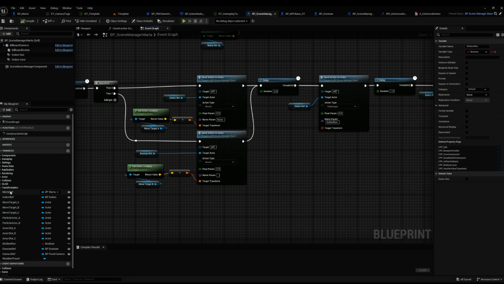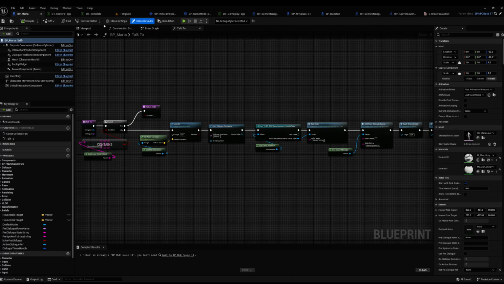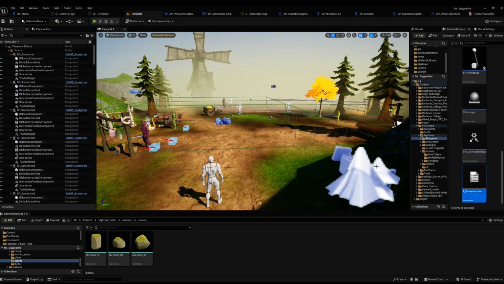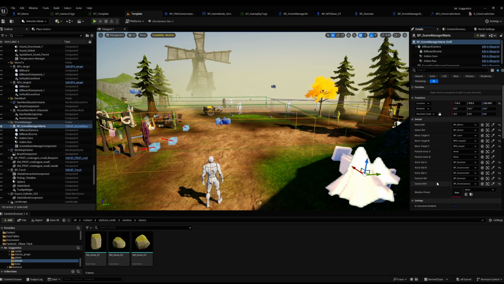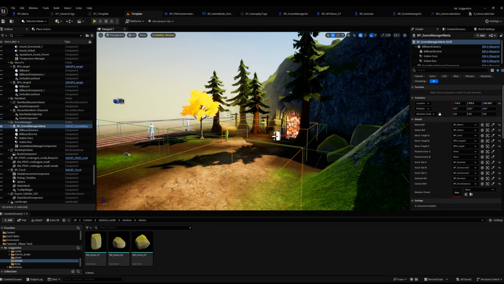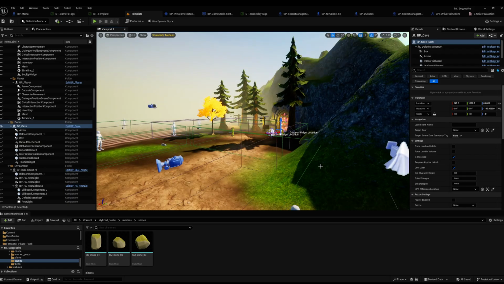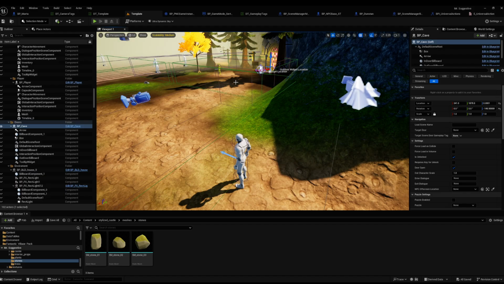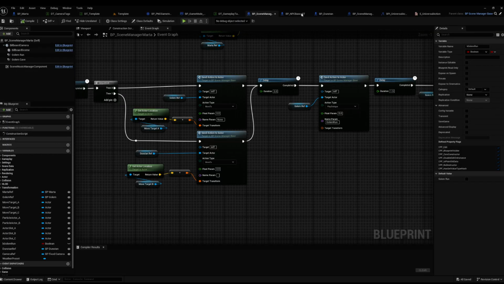On the side here, I've got loads of variables referencing different points in the game or different characters. I'll show you for now the move target A. Here we go. If you click on scene manager details, I've got all these here. Move target A is the BP door, so you just put the eyedropper on that. The best thing to do probably is to let you see it all play out, but first of all, I'll just walk through it. So it does a move to,